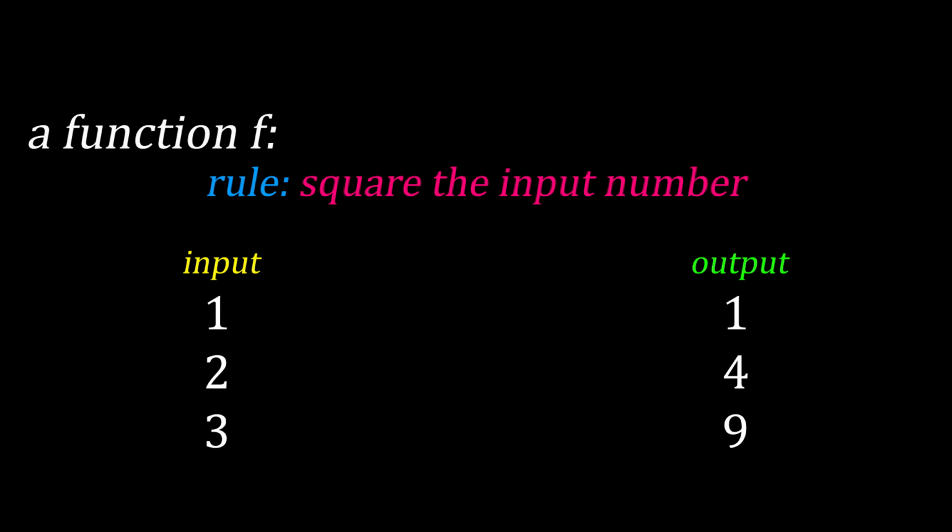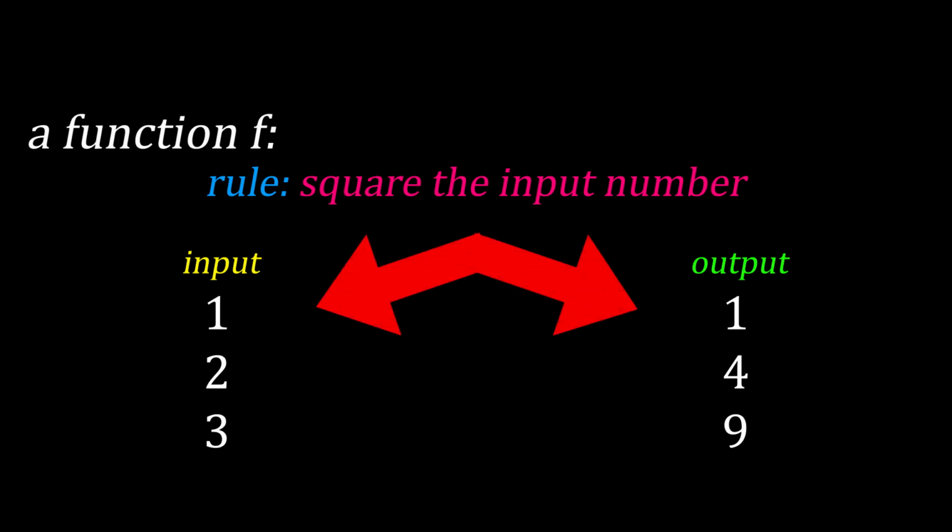You get the idea. Now we can see a relation between the input and output. The relation is based on the rule we set earlier. That is, it will square the input. We can pair the input and output using this function. That is, we can say that if you input this number, the output will be this number, as our rule